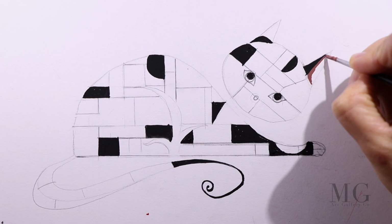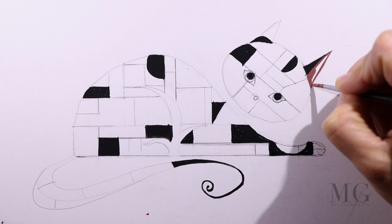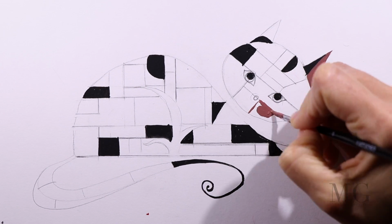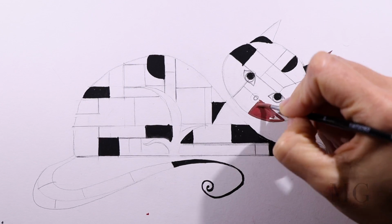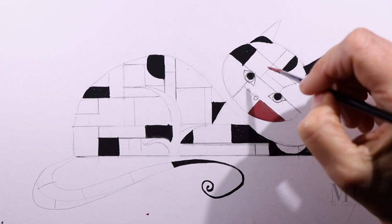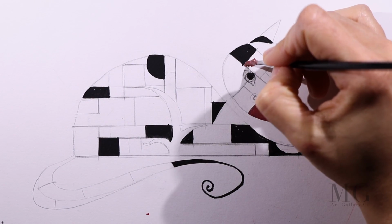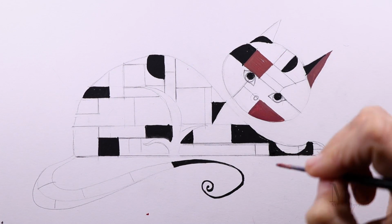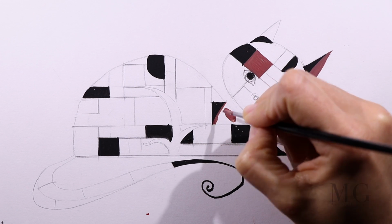Now it's time to change the color, and I'm using here a dusty rose. In order to get this color, I mixed red, white, and black. Of course, not too much black because we don't want a very dark color. And here, I want to tell you that